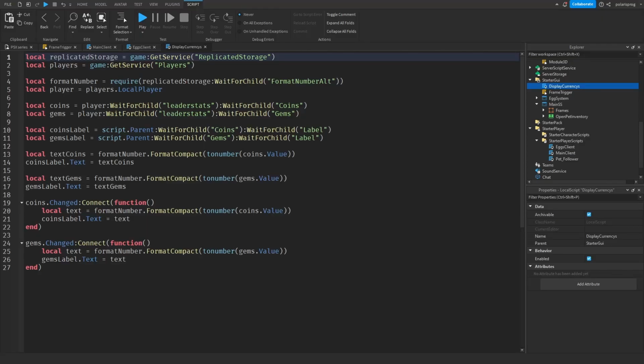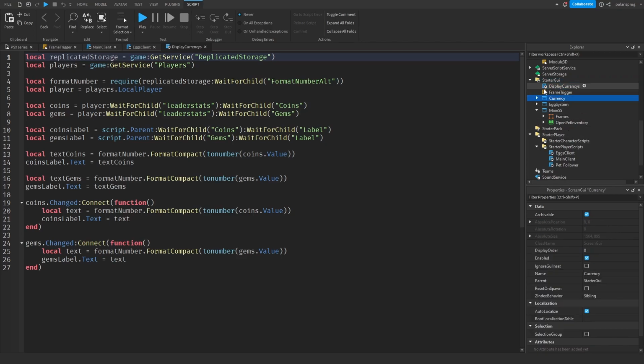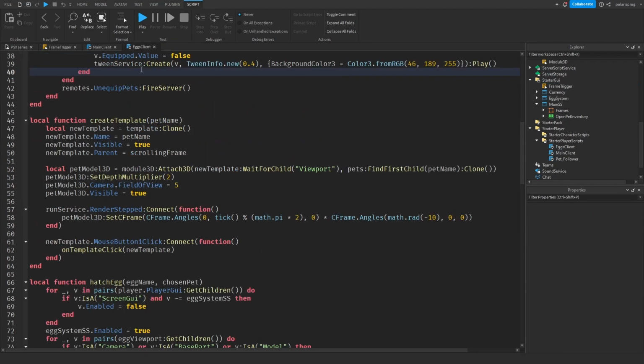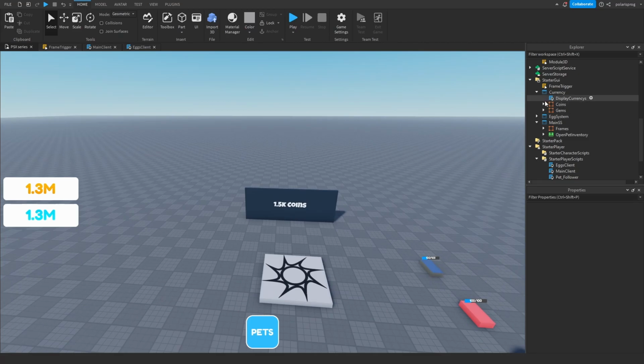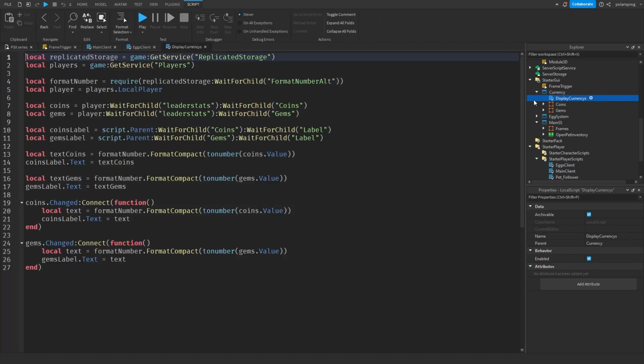And now go back to PSX and paste the entire screen GUI inside of Start GUI, and just get rid of display currencies. Now we can enter the currencies GUI. Now mess around with these GUIs, make them look however you want. But what I'm gonna do is enter my display currencies script,